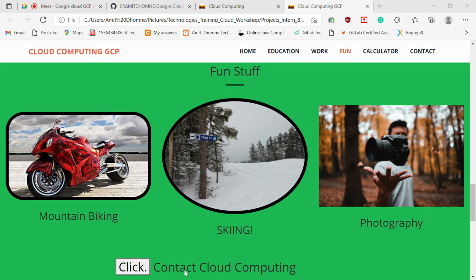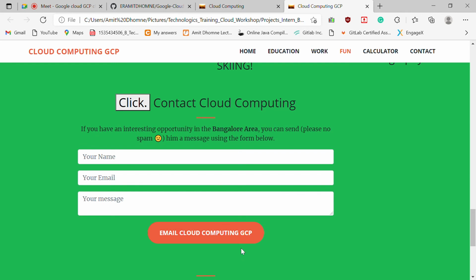Now let me make some more changes here. Now we are done with this part. Now we're going to check this email part. In this email part I have added this click context, email cloud computing GCP. I wanted to make some more changes here, so instead of this GCP email cloud computing,